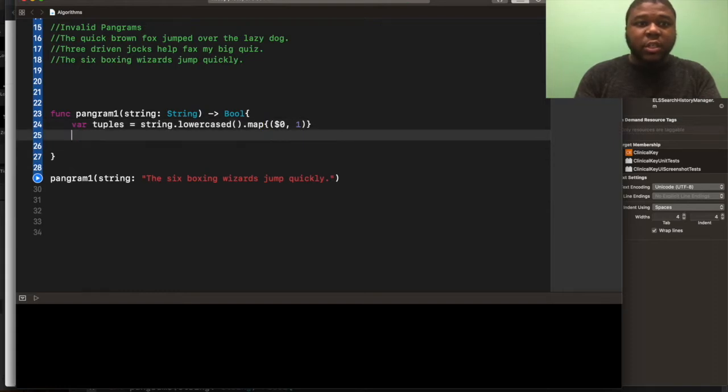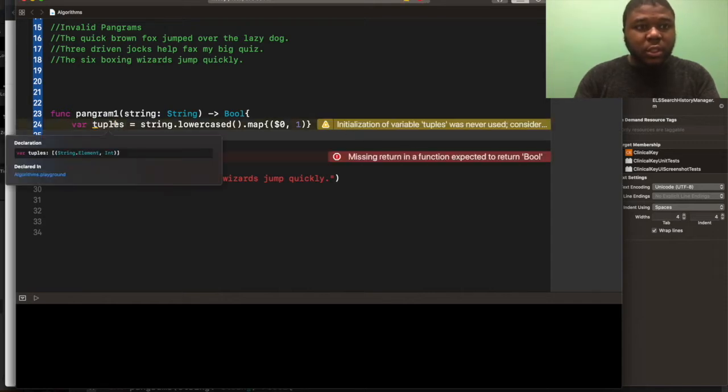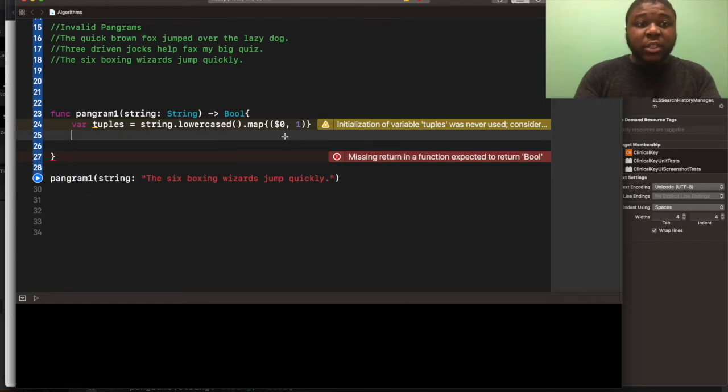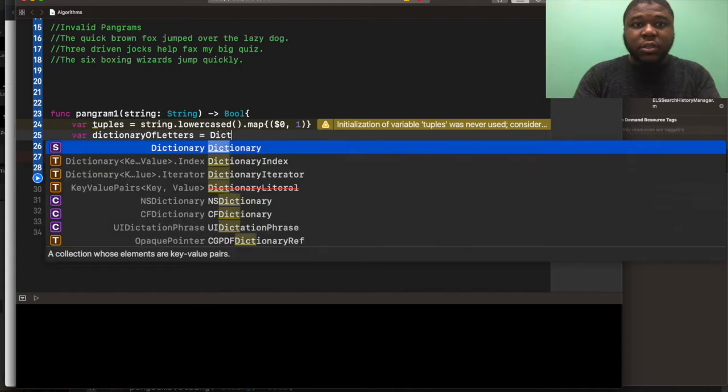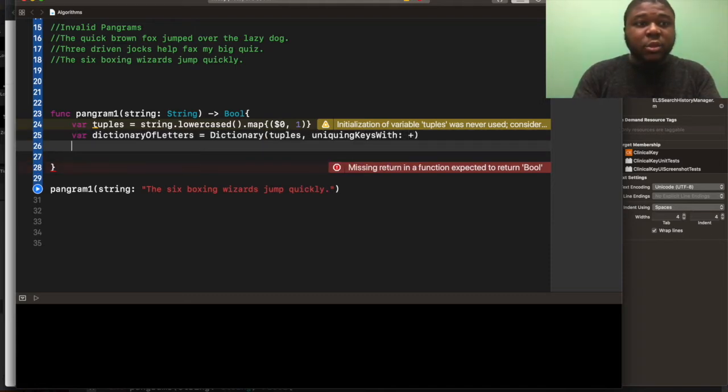Okay, so we create an array of tuples, and this is like an array of tuples. Then we create a dictionary of alphabet of letters, dictionary tuples keys with. Okay. Then we could